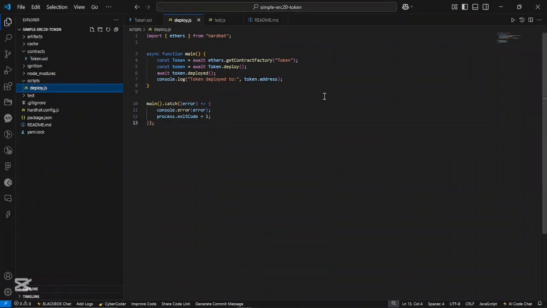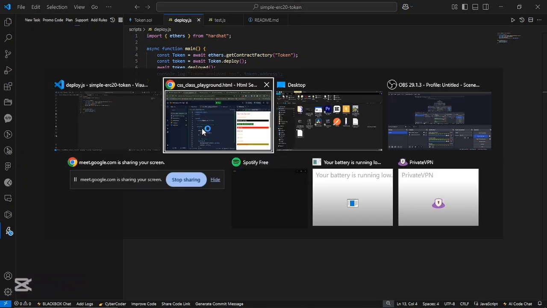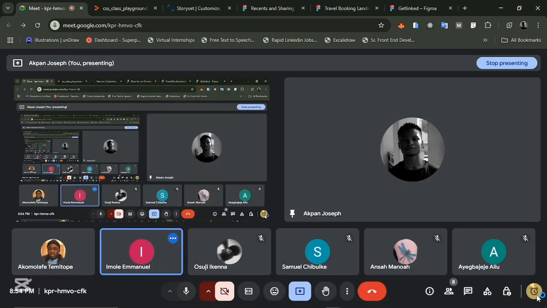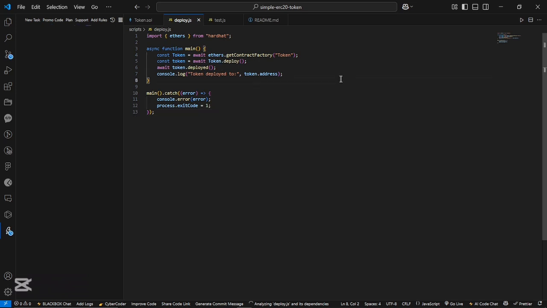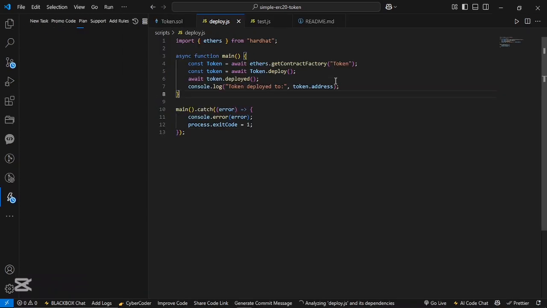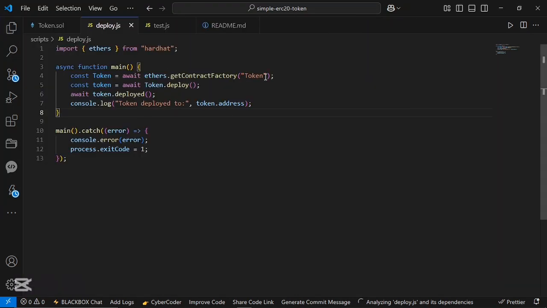Now look at this here. I'm going to increase this a bit. Am I slow? How many more minutes do we have on this course? Okay, you see, I have a lot of time, 6 more minutes. It's still loading, so I'll just increase this font size. Notice this here. I'm using camel case: getRight, and contractFactory. So this C is a capital letter, and this one is a capital letter. So depending on what